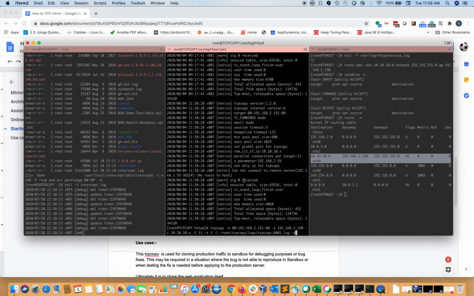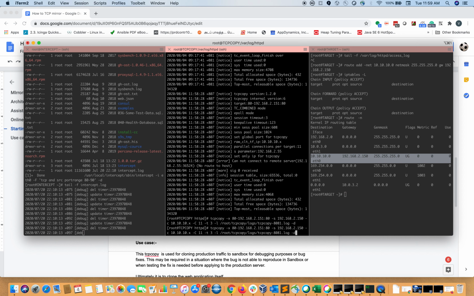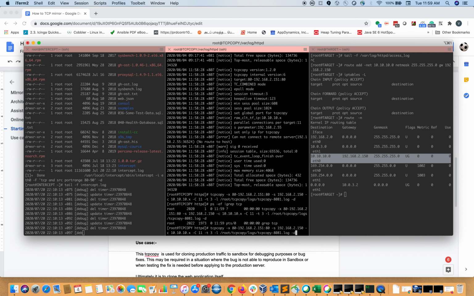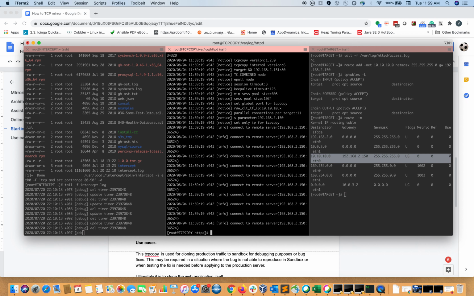Now I will start. It will start, I guess. Yes, it started, and then you can see connected to remote host. Now the TCP mirroring is active.